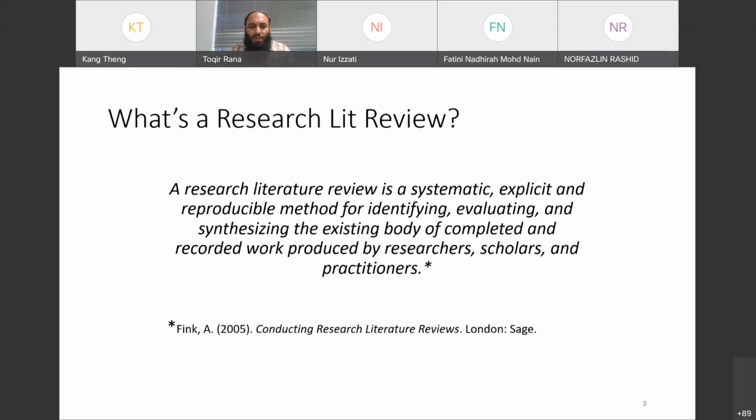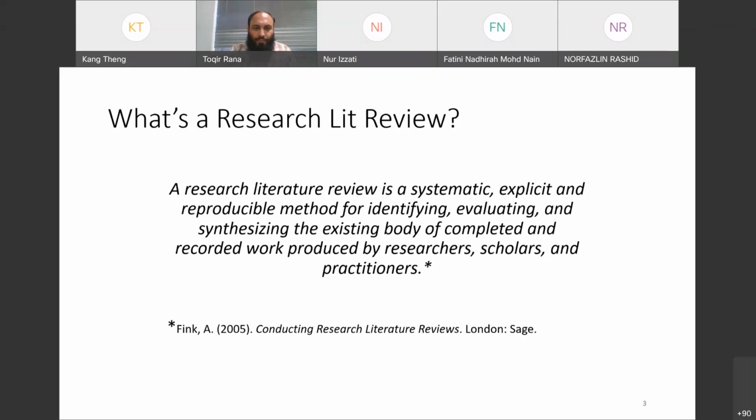So we are focusing on the work of existing researchers, scholars, and scientists to build the problem statement of our own research and to find the gap where we can contribute and play a part to perform